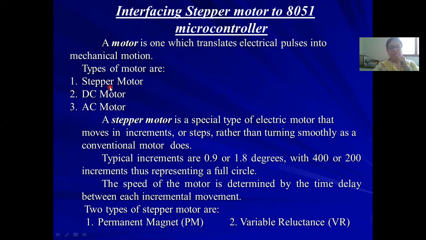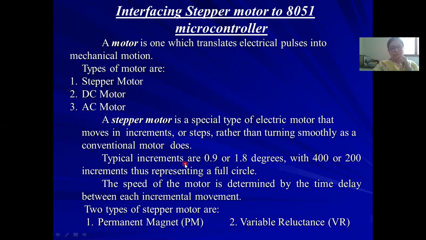Depending upon which power supply is applied, these motors are classified. Stepper motor is a special kind of electric motor which moves in terms of steps. Now these steps form one typical angle at the center of the stepper motor, and that angle is called the stepper motor angle. It is usually called an incrementing angle, which forms at the center of the shaft inside the stepper motor.